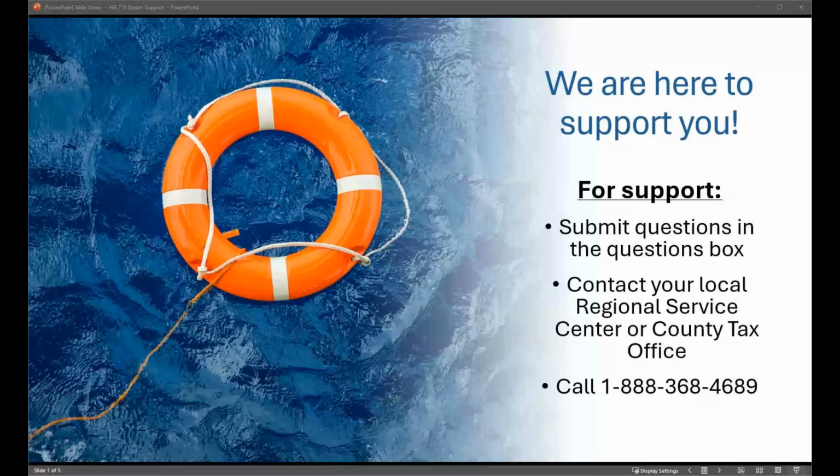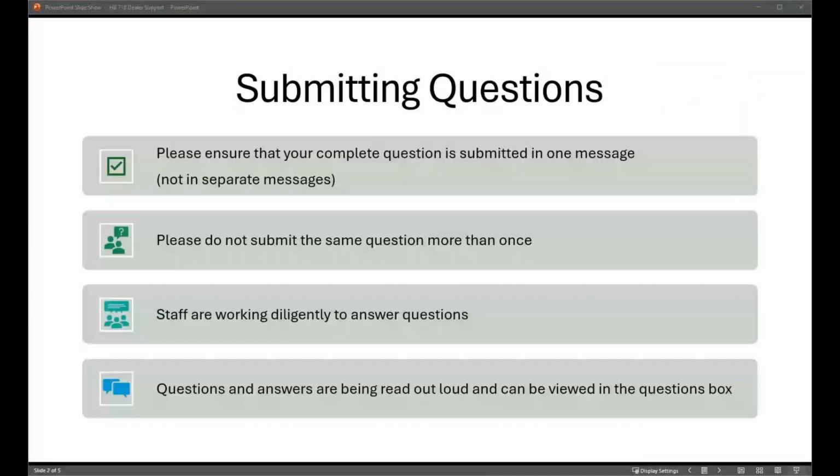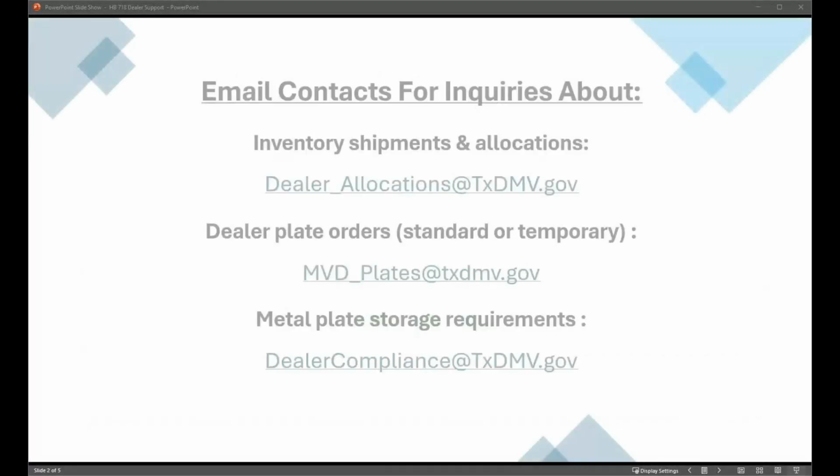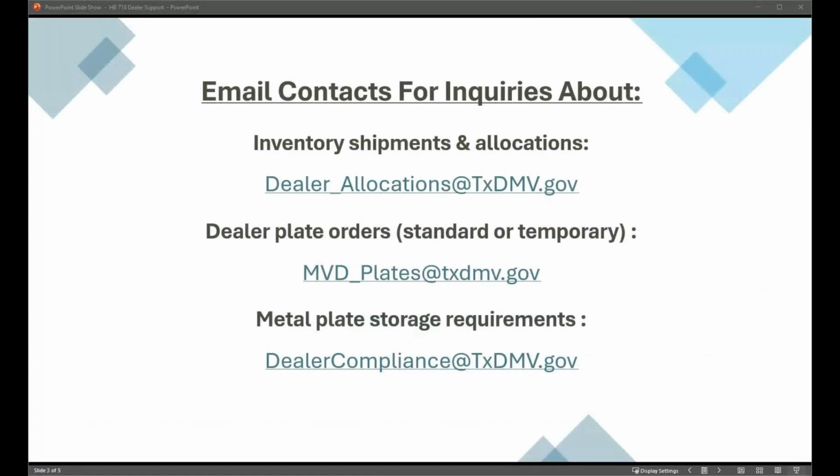I highly recommend, if you are not familiar with that process, to please go and do our web dealer 102 training. That training will provide you with a step-by-step walkthrough of how to process a transaction in web dealer. So that may help assist. Just keep in mind that the web dealer training was before the July 1st implementation. So the plate options are going to be slightly different, obviously, because that's going to work a little bit different now. But as far as the screen of how to start the application and how to enter the information, it will help guide you through that process.